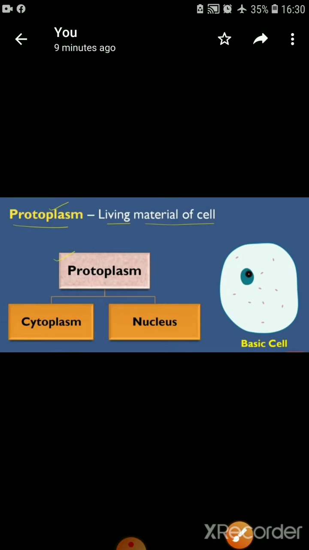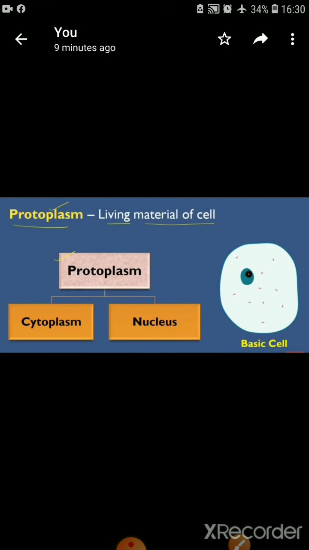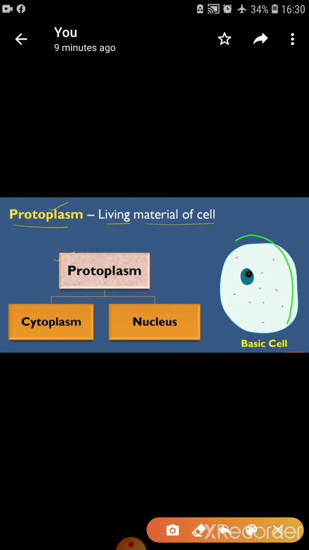And under the protoplasm we have discussed further. The cell is divided into two parts, cell membrane and protoplasm. Again protoplasm will be divided into two categories, that is called cytoplasm and nucleus. So we already discussed that this is the cell membrane, right? Except the cell membrane, whatever is inside, all those bodies come under the category of protoplasm. Now, apart from this green body, whatever liquid material remains, the pink bodies and white bodies seen here in this figure, that is called cytoplasm, isn't it?